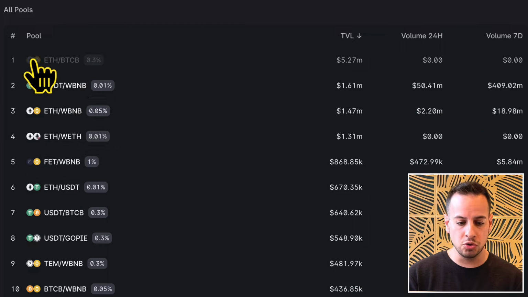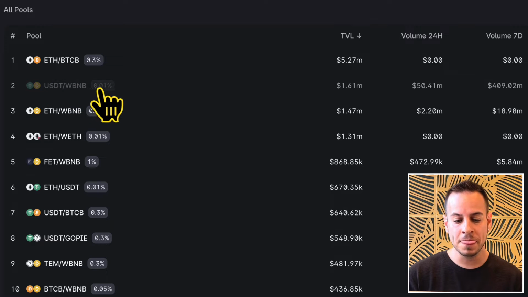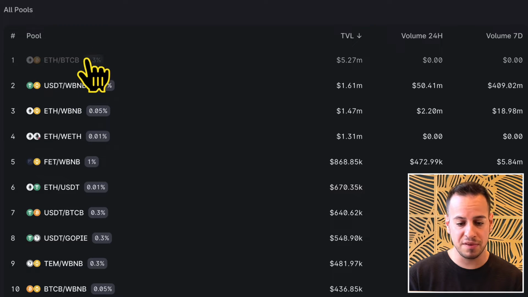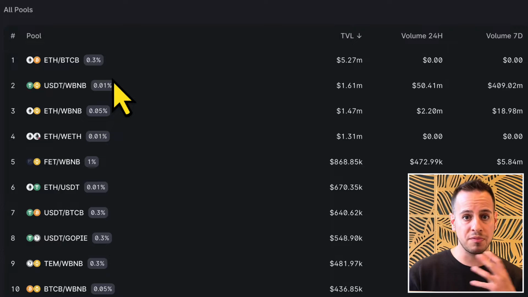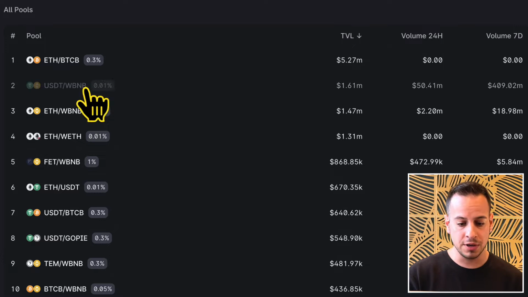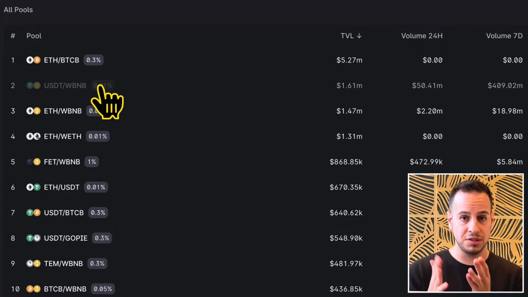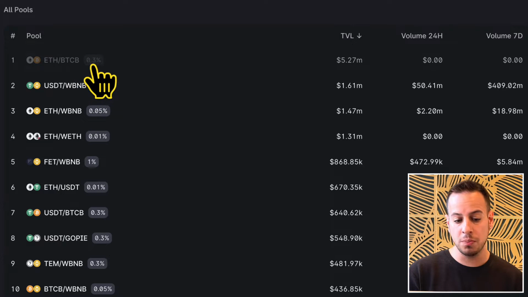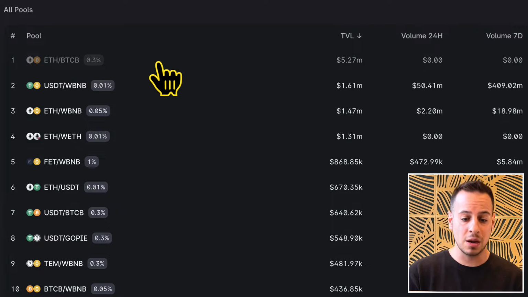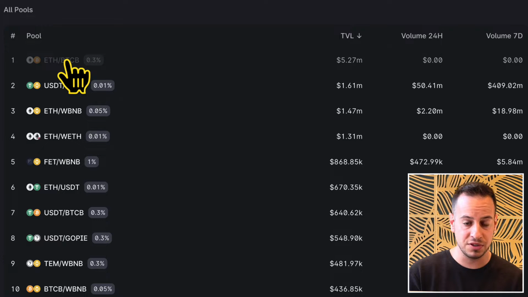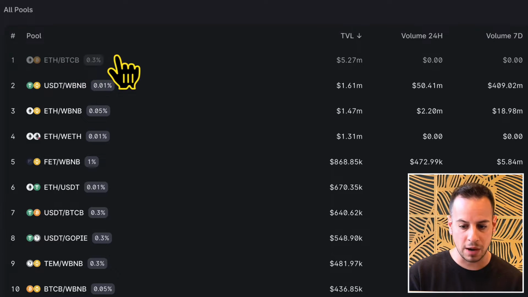So I will do a quick recap about concentrated liquidity so you understand what we are talking about. So in concentrated liquidity, you can add liquidity to two tokens. It's called a pair also. It could be ETH, BTC, USDT, BNB. And you can see these pairs have fees. So when people swap from one token to another, the liquidity providers, which is you, market makers, are getting those fees. So this is a 0.3% fees pool, for example, ETH BTC, which means that every time someone swaps from ETH to BTC and vice versa, the liquidity providers get 0.3% of this swap, of this trade.